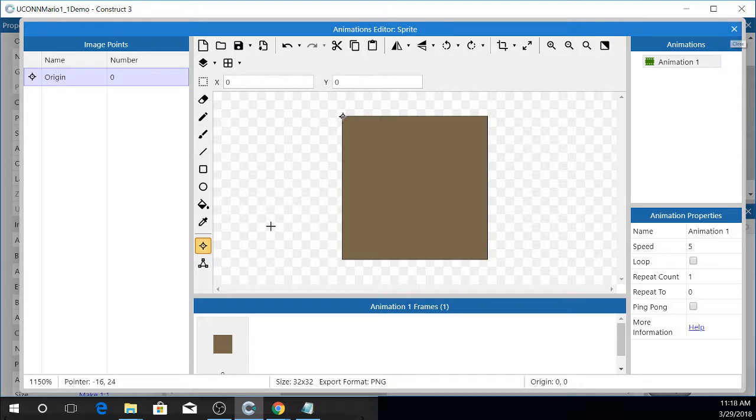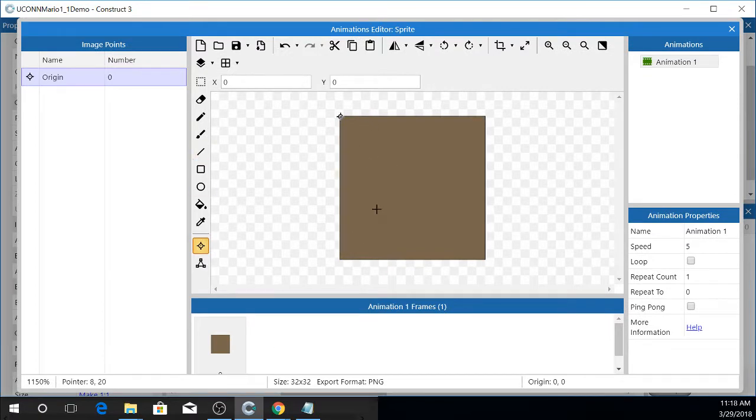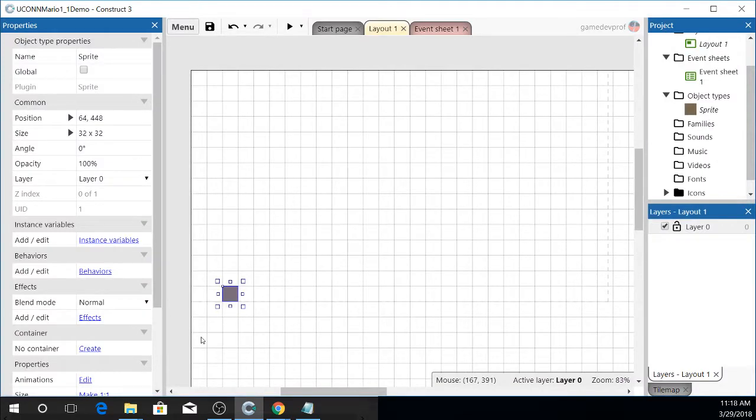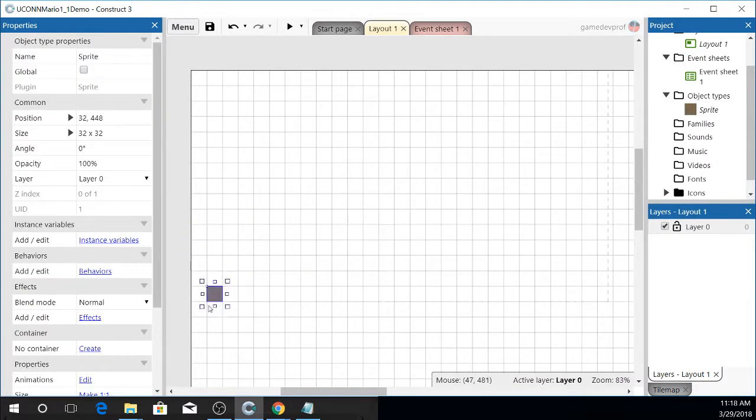Also in this art window, you've got our origin point, you've got your artwork. You've also noticed probably animation frames down here. We're going to use this later, animations and animation properties. Going to hit close. And now we have a square box. Woo, super cool. This square box right now is called Sprite. So I'm going to rename this to ground